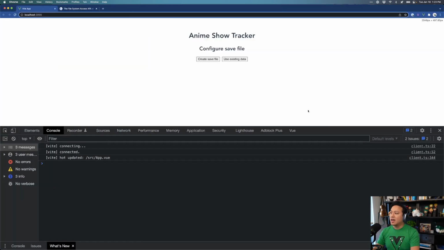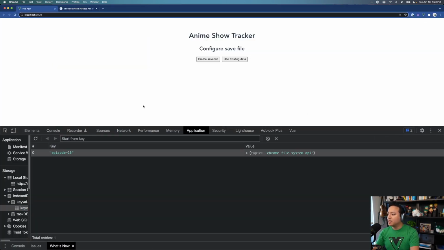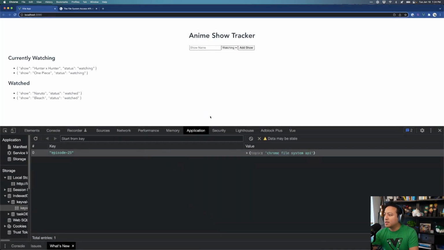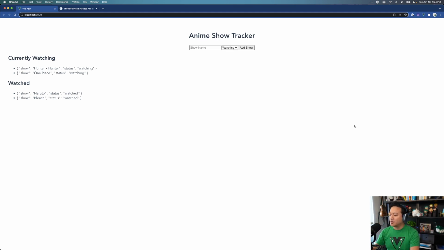All right, here we go. We have our app. I'm going to bring over my application here. Let's just refresh. Now we're going to use existing data and open up Epsilon. All right, now that Epsilon's been loaded, we should see that the data may be stale. So it's fine, let's go ahead and refresh it here. Okay, we have a save file with the file system handle. This is great. Now, here's the moment of truth. When we refresh,